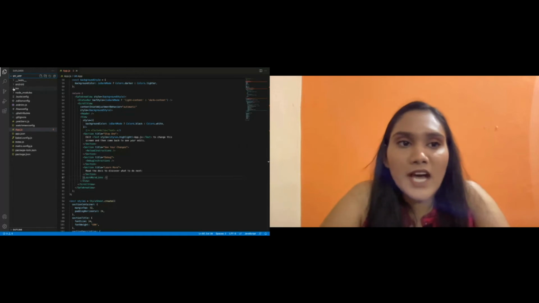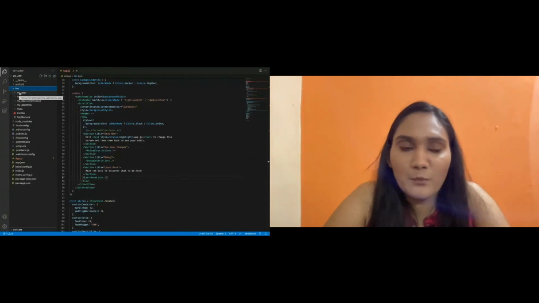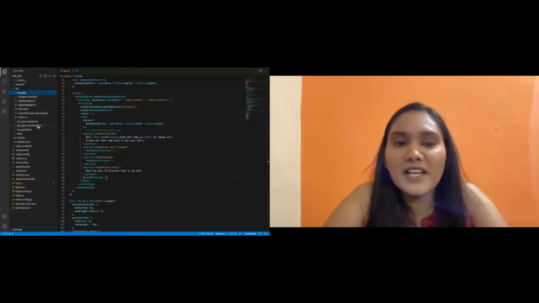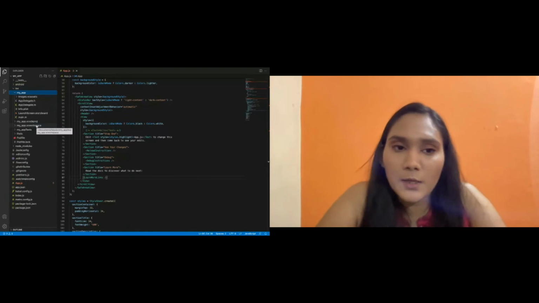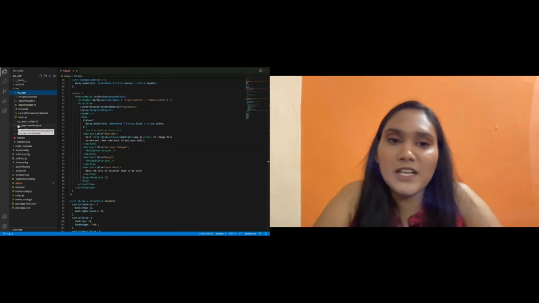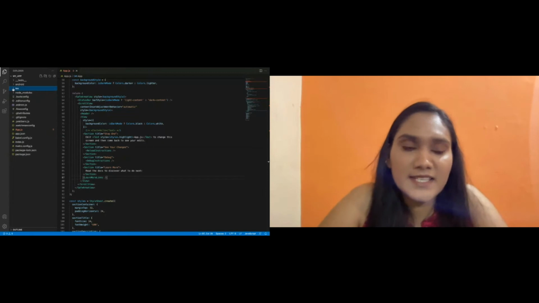If you want to run the iOS project, you will navigate to the iOS folder. There is another folder with the name my_app, and here you can see there is an .xcworkspace file. You can open this file in Xcode and hit the play button. It will start building your application in the iOS simulator. So these are the easy steps.